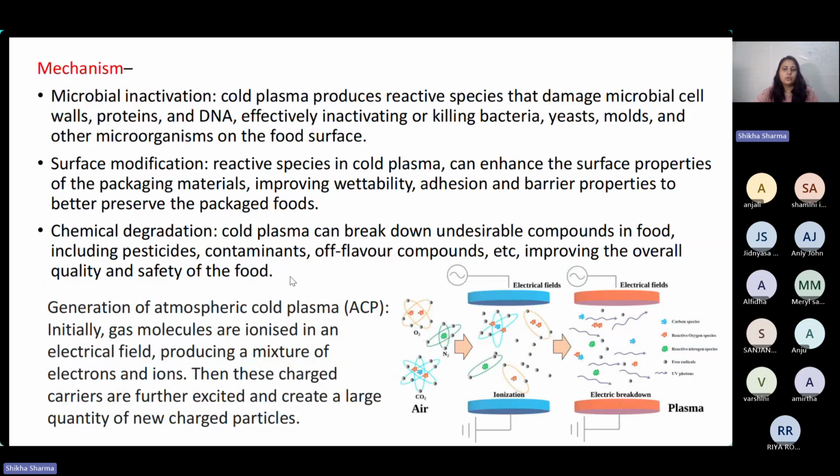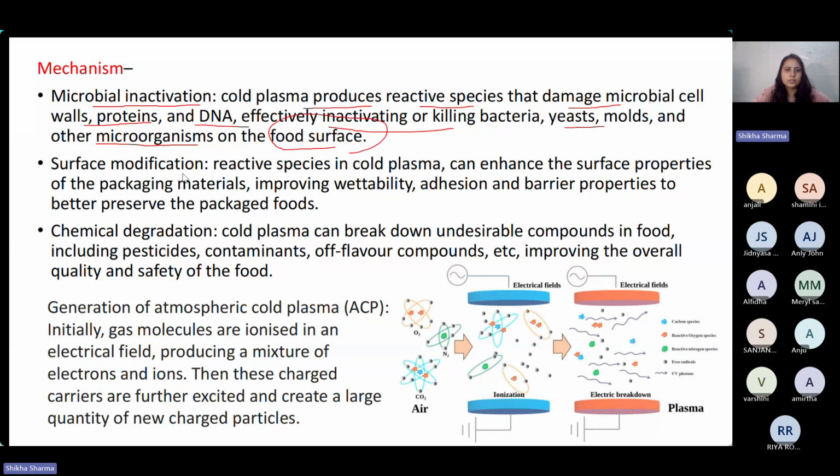So the overall mechanism of action is, first, that it inactivates the microorganisms. Cold plasma produces reactive species that damage the microbial cell wall, proteins, and DNA, and effectively inactivate or kill